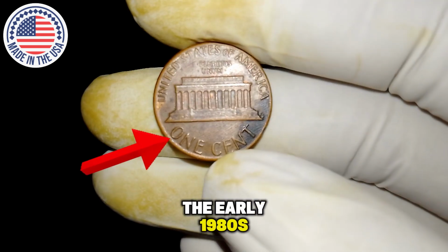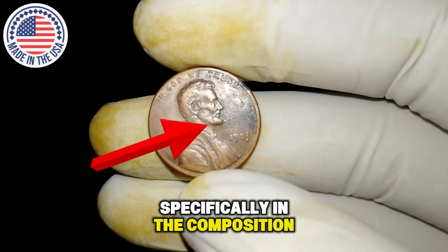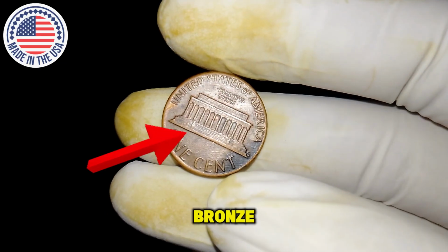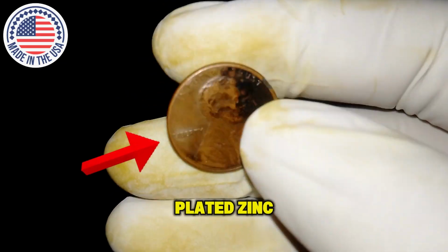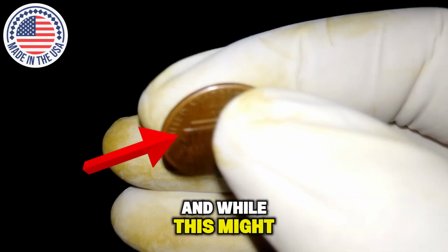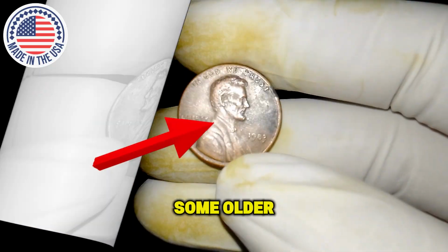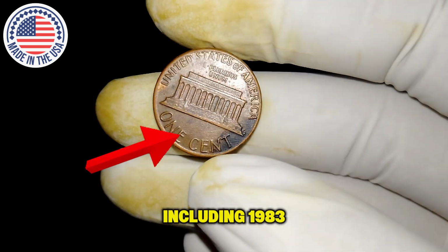But the early 1980s brought a major shift in how these coins were made, specifically in the composition of their metal, as the United States Mint faced rising copper prices, which led to the switch from the traditional bronze alloy of 95% copper and 5% tin and zinc to a cheaper copper-plated zinc core, a change that officially began in mid-1982. And while this might seem like a minor detail, it created an opportunity for unusual mint errors to occur during the transitional period, with some older copper planchets still being struck in subsequent years, including 1983,